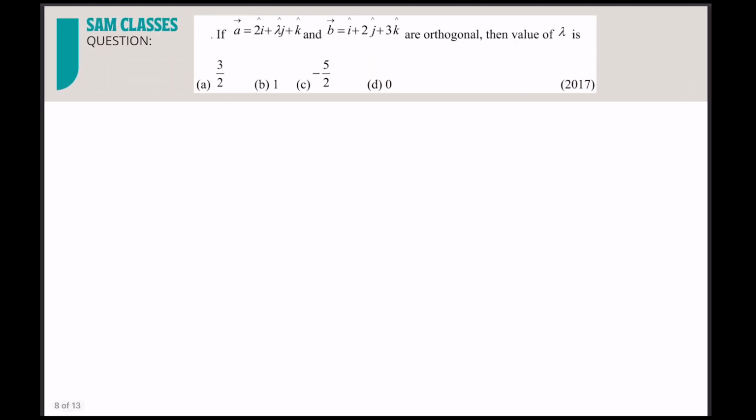Now let's see, two vectors are orthogonal. See, this thing you should remember, and we have given emphasis to the points which are important. Orthogonal means perpendicular, perpendicular means dot product equal to 0. So 2 and 1, 2 lambda plus 3. So directly you can say it is 5 by 2. So less than 3 seconds.